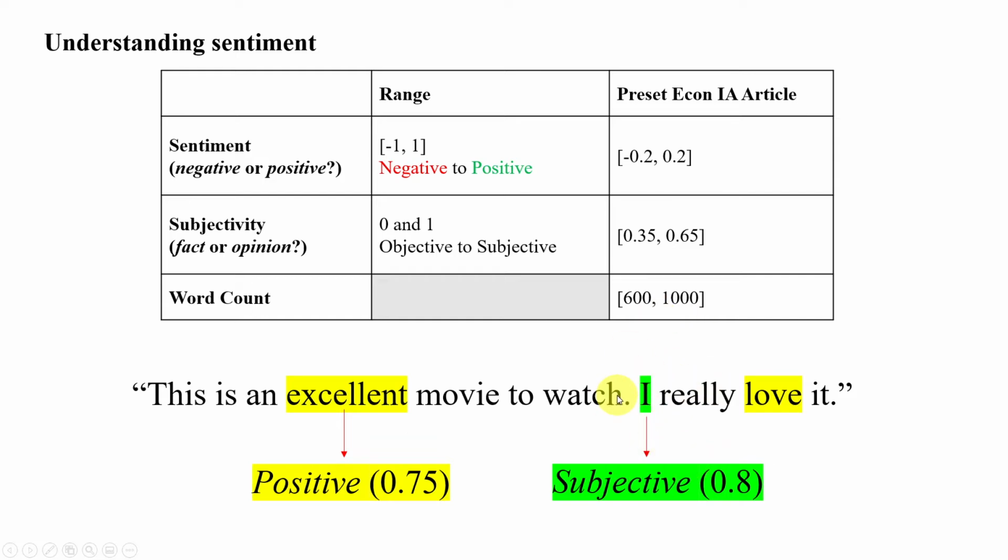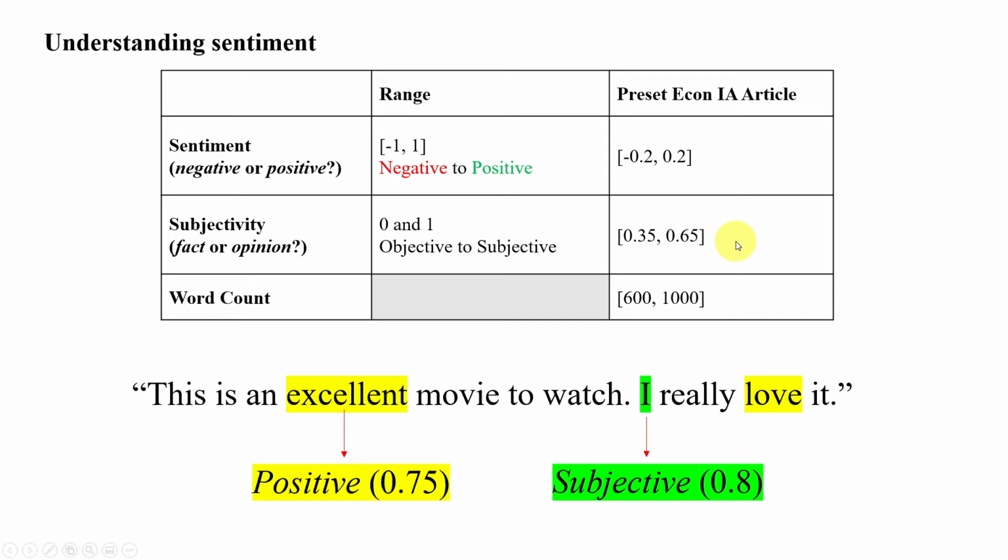And applying this concept to the Econ IA article, these values are only presets, which means that we could change them afterwards on our own. We have a value of -0.2 to 0.2, which means that we don't want the article to be particularly negative or positive. And on subjectivity, we have a value of 0.35 to 0.65, which means that we want the article to be relatively,